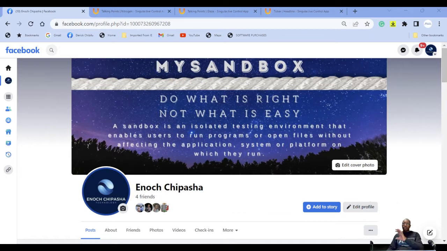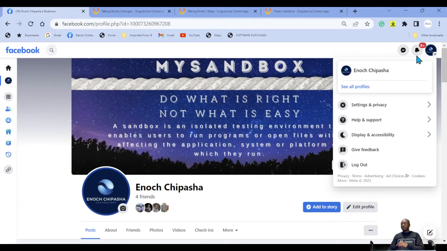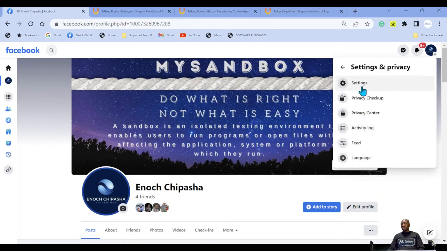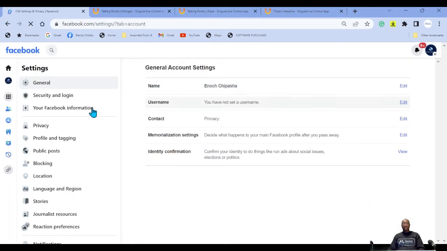So this is where you are in the phase. To go to your settings, you want to go up here. Now you see there is that arrow down there that tells you there's a drop down menu that comes out. So you click on that. You have this drop down menu that opens. You want to go to settings. And when you go to settings, it brings up this page.